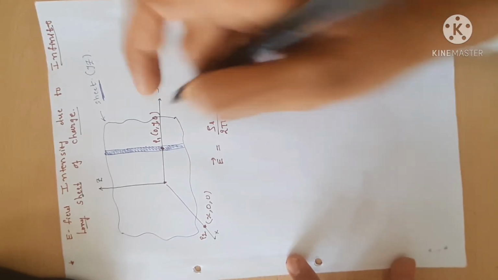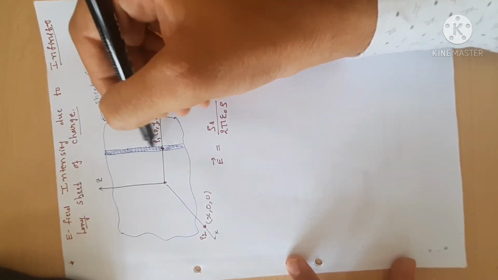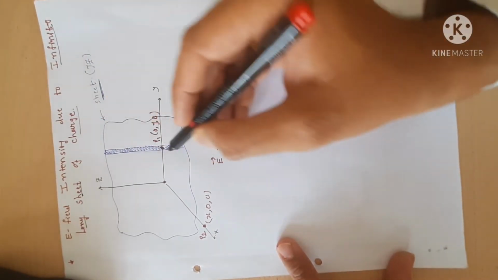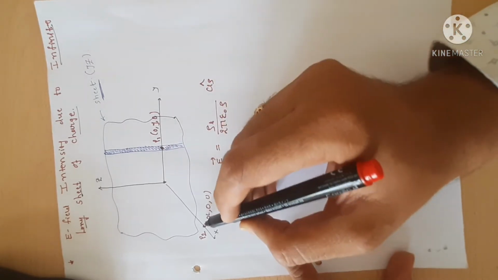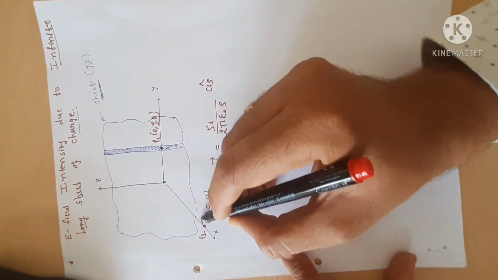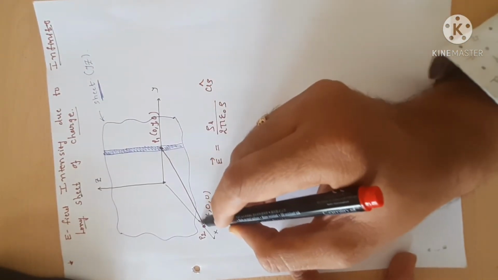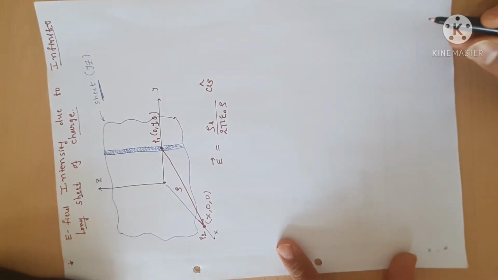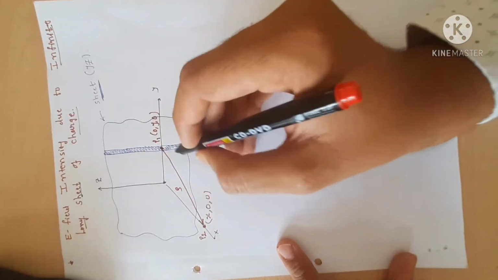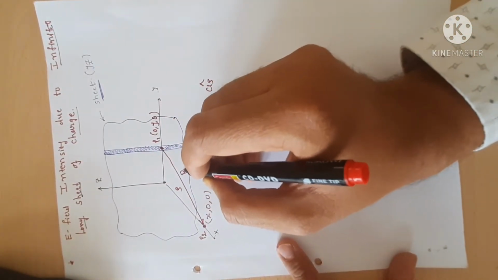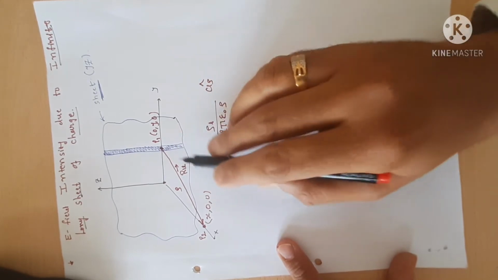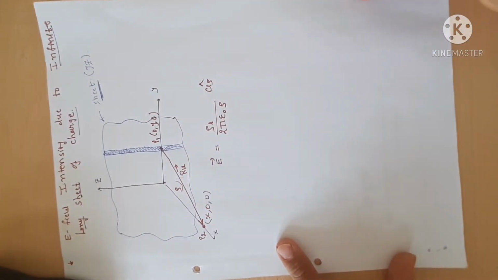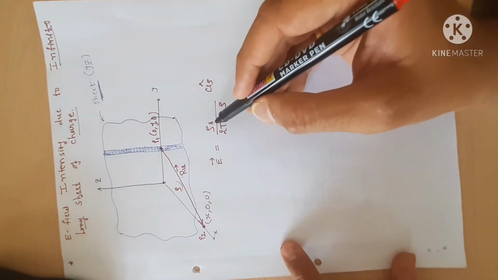Here this blue one is my line. Now which one is the distance? The distance of this line with respect to point P2 is the direct distance, and it is nothing but rho. But we can represent this vector as the vector R12, and the magnitude of R12 is nothing but rho. Is it clear?